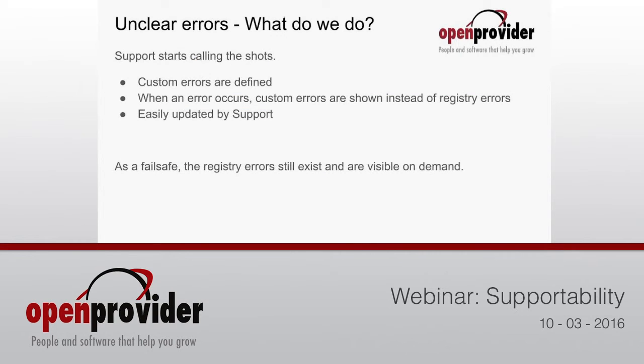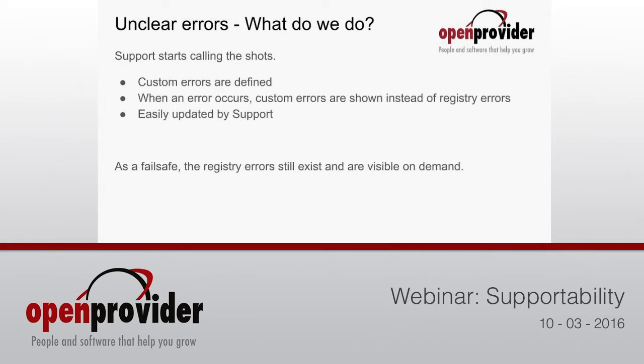What we're going to do is implement a system where support calls the shots. So for example, if we see that a big error occurs for a .de domain name with a specific code at the registry, we already know that it's a DNS error. So we can make a custom error for the customer that simply says, instead of the confusing message we see here: hey, there's something wrong with your DNS configuration. Please make sure everything is correct. And here's the link to the name server check of Danik, where you can check if everything is aligned. This is just an example, of course. Many errors exist where a simple suggestion or a comment towards the customer can already help in giving the answer.